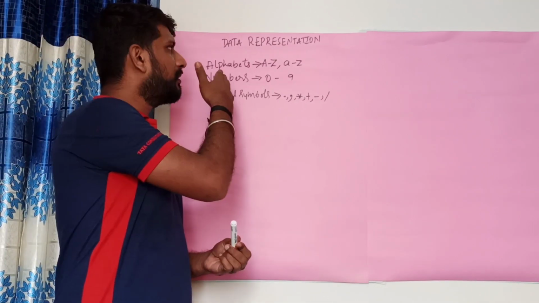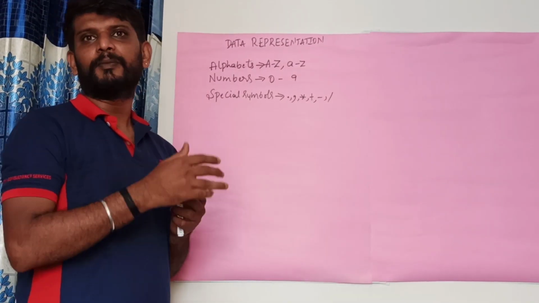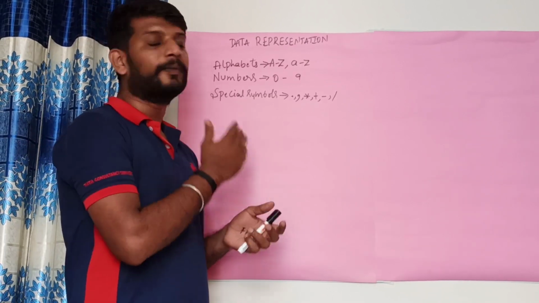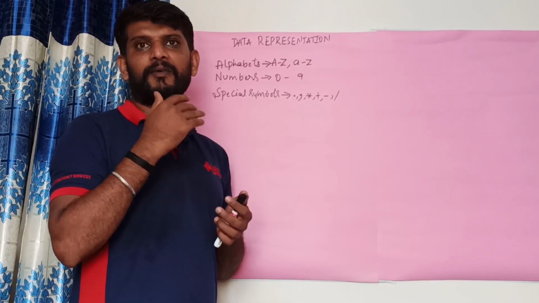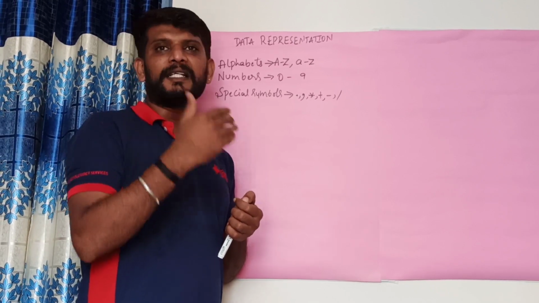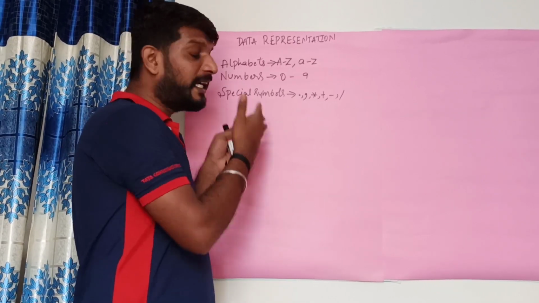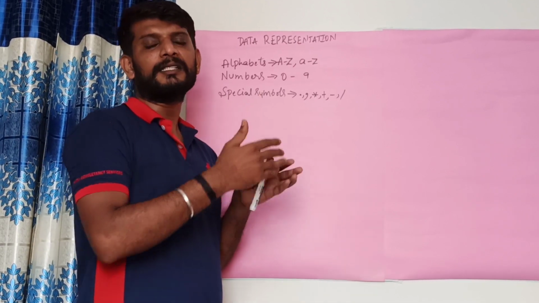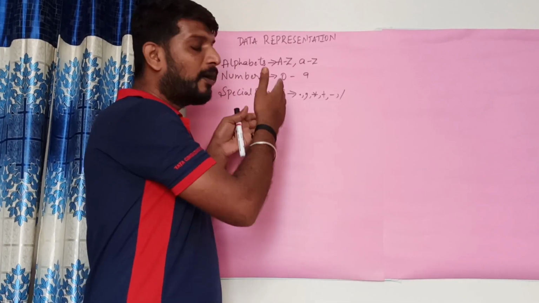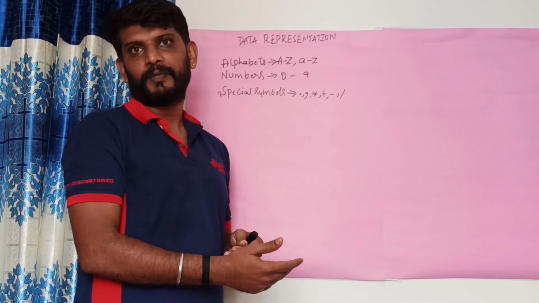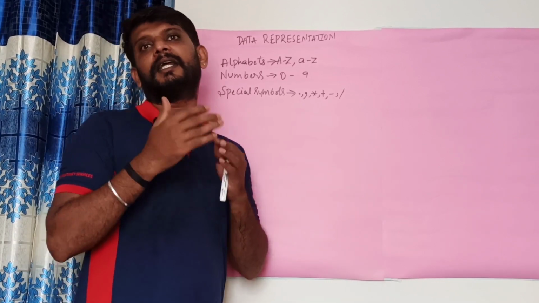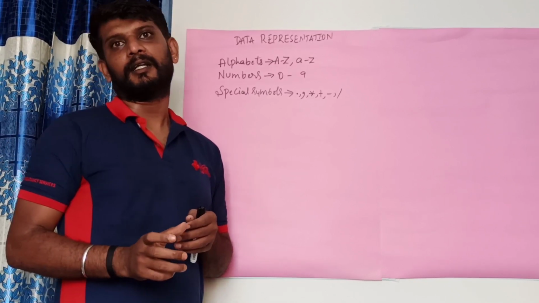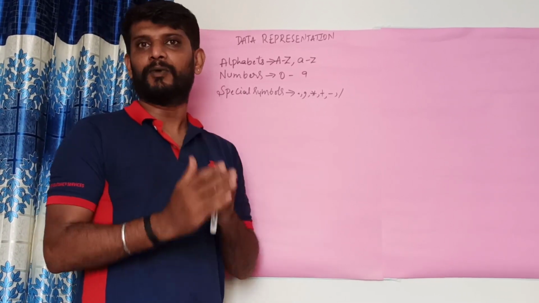So these are all the things that will be used in the human language, but the computer cannot understand the human language. So whenever you are typing something, the data which you are typing wants to get stored in the computer. It gets converted from one form to another form. Usually the data in the computer will be stored in the form of binary data, that is nothing but zeros and ones.